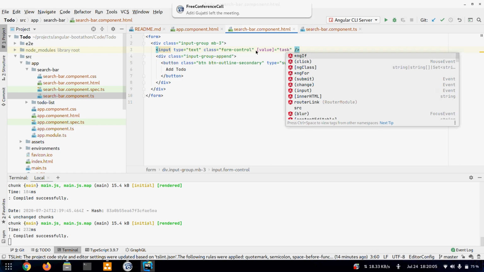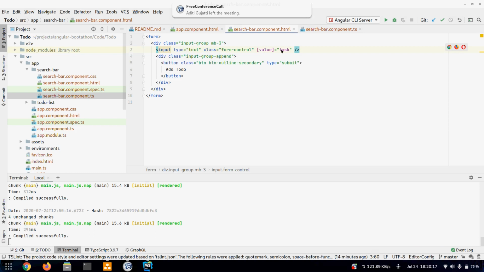We can do that also, but I am showing you an alternate syntax so that you know both the things, like how to do it manually or how to import forms module and do that. So it will get a default value of whatever is task, because we are using these square brackets, so anything inside this gets treated like code and not value.